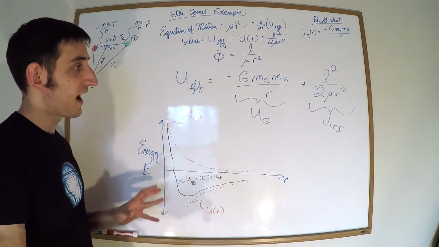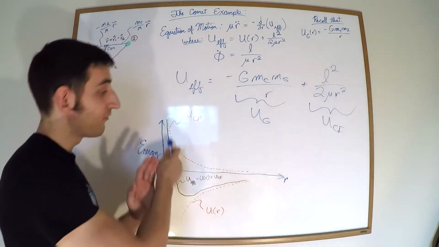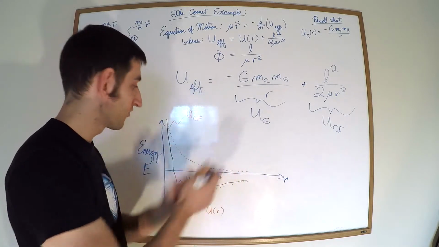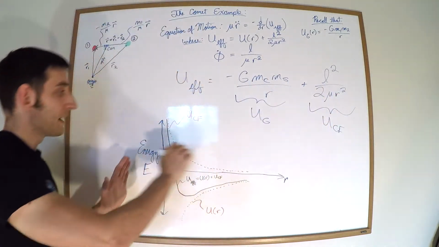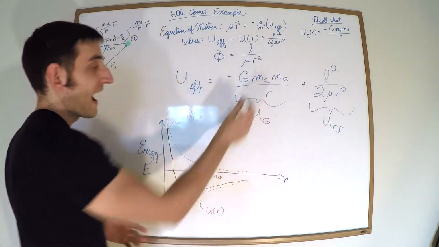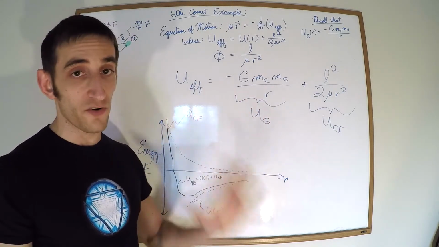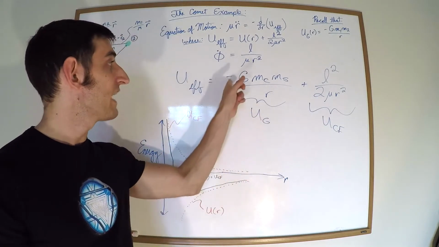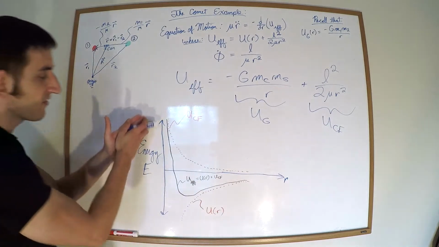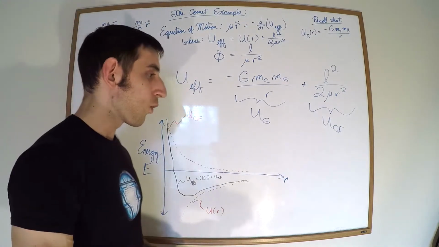It's not surprising to find that U_CF is 1 over r squared, so as r increases, the function decreases. When r decreases, it blows up. That's why we get the shape as such. We get a similar shape as in here, just the derivative is a bit different because we have 1 over r, so that's going to affect what the derivative is going to be. But we have this negative term here, so it's basically this graph flipped. And we see that this is sort of a combination of the two. So let's explore what we can find out